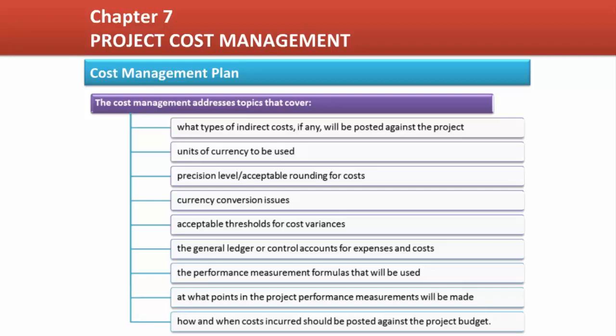currency to be used, precision level, acceptable rounding for costs, currency conversion issues, acceptable thresholds for cost variances, the general ledger or control accounts for expenses and costs, the performance measurement formulas that will be used, at what points in the project performance measurements will be made, how and when costs incurred should be posted against the project budget,